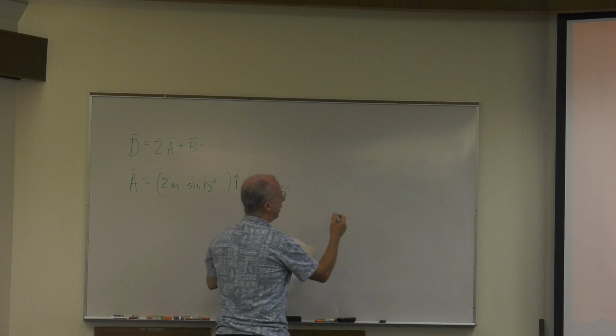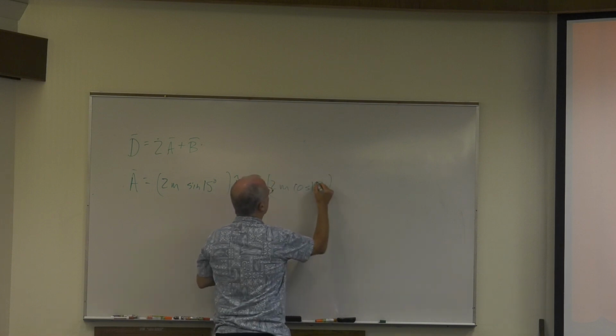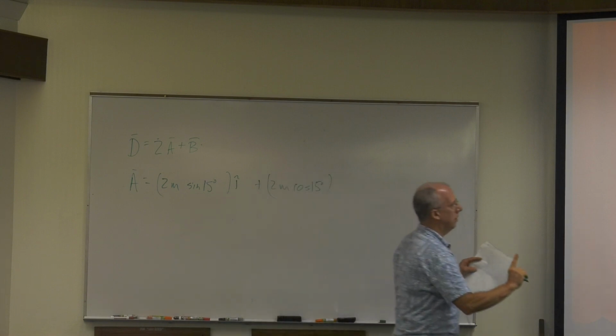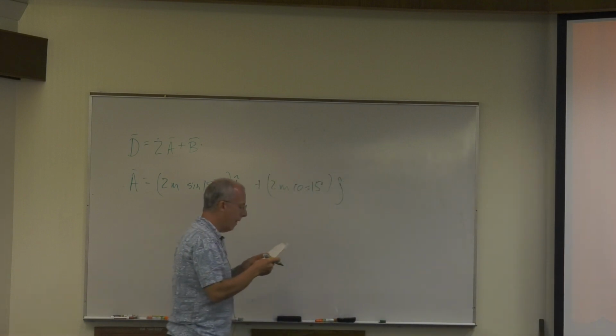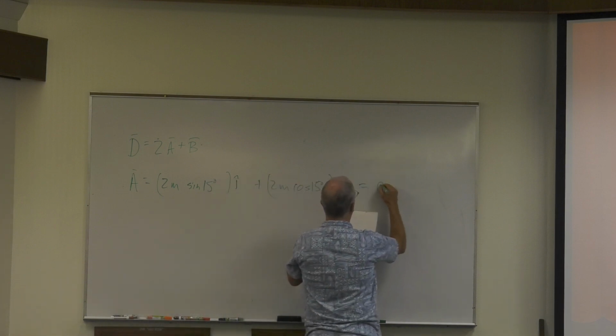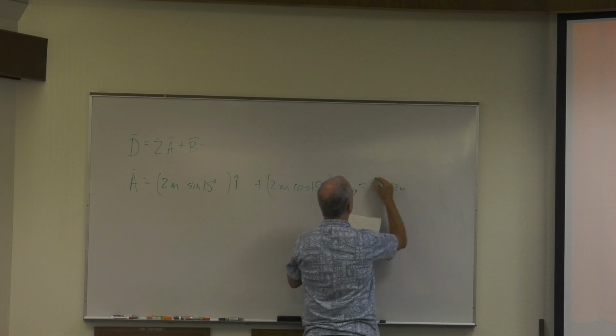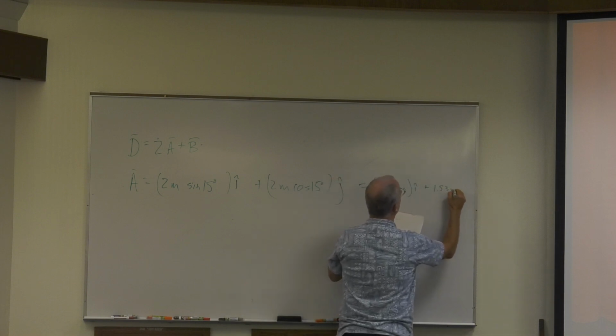That's adjacent, so it's cosine 15 degrees, and it's in the j hat direction. I worked it out, and it's 0.52 meters in the i direction plus 1.53 meters